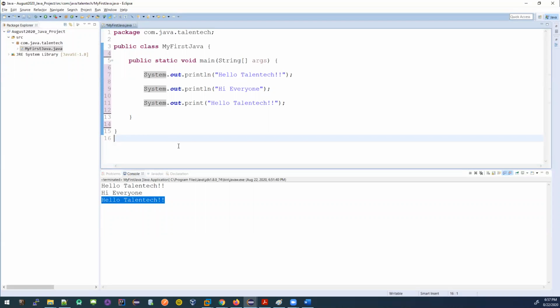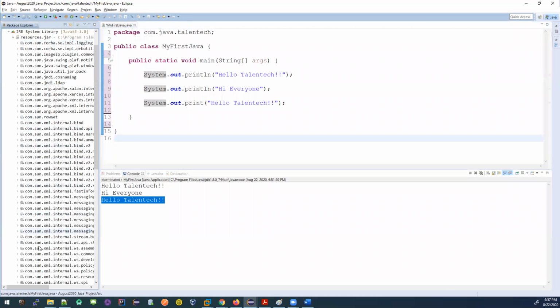And the structure for creating folders in Eclipse or any IDE is that first you create a project, then you have a source folder. Inside that you create a package. Package names also have a convention. You need a domain name first, then it's reversed. If your company is talentech.com, then you have to reverse it. I learned this because this is the convention Java has given to us.